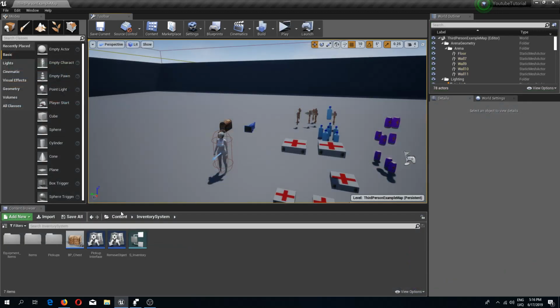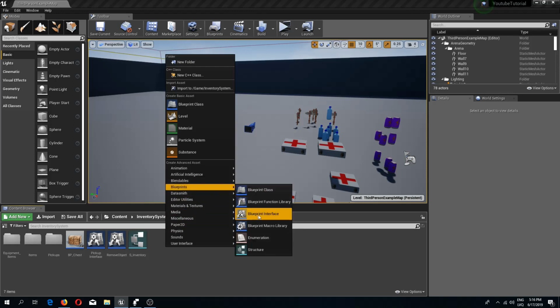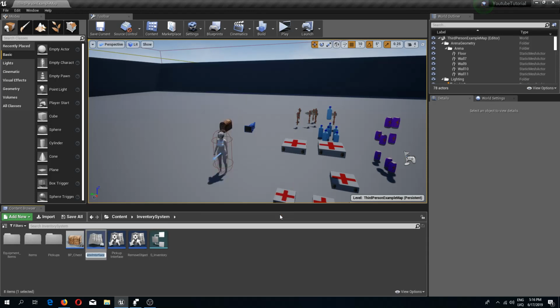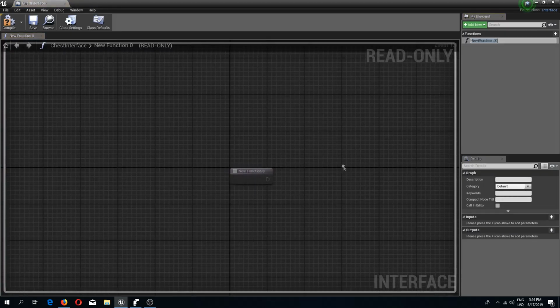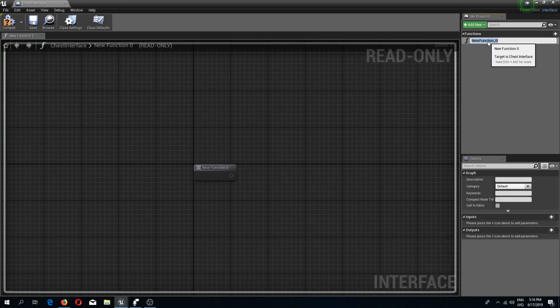So let's begin. The first thing I'm going to do is, in the inventory system folder, create a new blueprint interface. So I'm going to right click, select blueprints and blueprint interface, and I'm going to call this chest interface. Should be good. And inside of here I'm going to rename this function to get chest